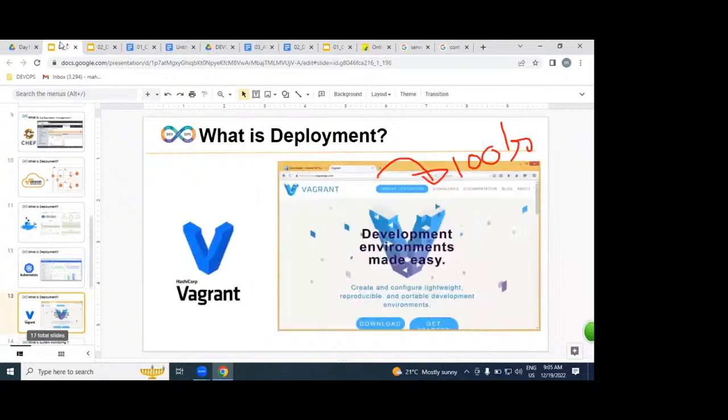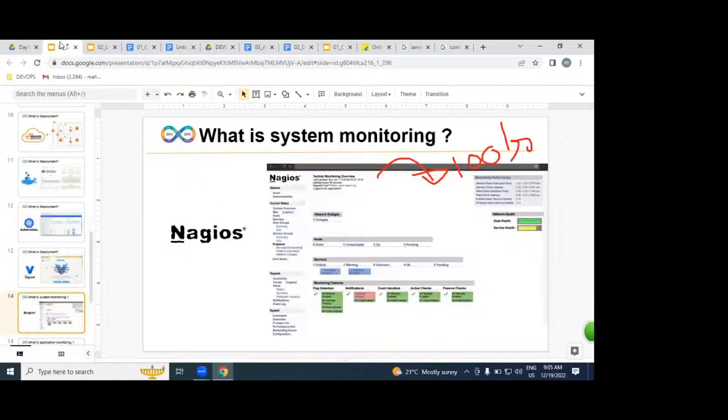Understood very clearly. Not only will we deploy our applications on Docker and on Kubernetes, we are also going to deploy our application by using Vagrant. Vagrant is a virtual provisioning tool. We can create virtual machines on your laptop, but not a production environment, and on top of that we can deploy applications. Vagrant is only for laptops, not for production. But AWS is a production environment, Kubernetes is a production environment, Docker is a production environment, but Vagrant is only for dev environment. And we are going to be using Nagios.